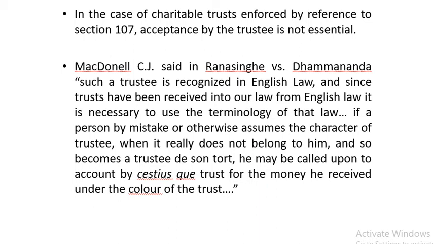In those cases, this is a case given, Ranasinghe versus Dharmananda, such a trustee is recognized in English law, and since trust has been received into our law from English law, it is necessary to use the terminology of that law. If a person by mistake or otherwise assumes the character of the trustee when it really does not belong to him,